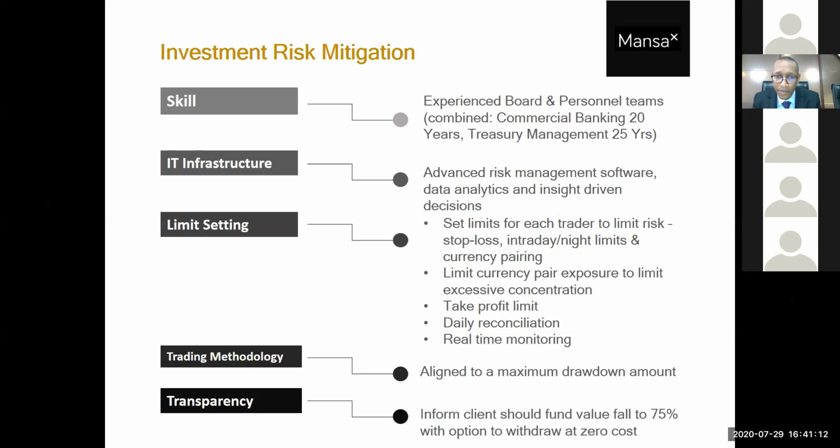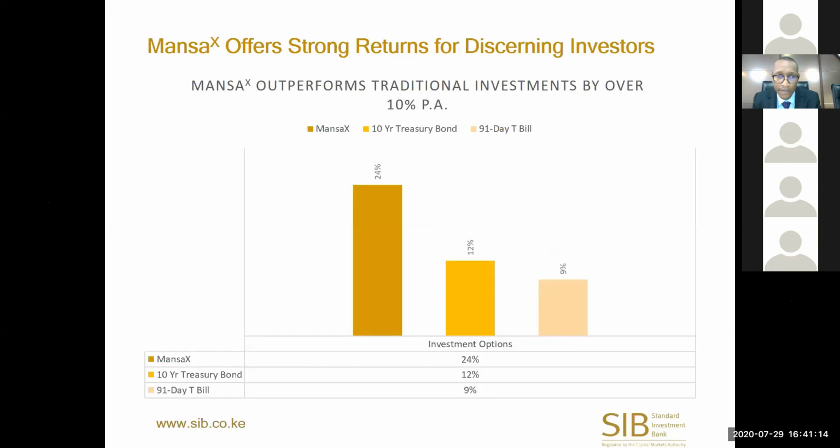Even internally, our policies are much stricter than that. So this is how we've performed over time, just compared to other investments. So this is last year. Last year, we gave a return of 24%. So we're just comparing with what the interest rates were last year in most risk-free asset classes.